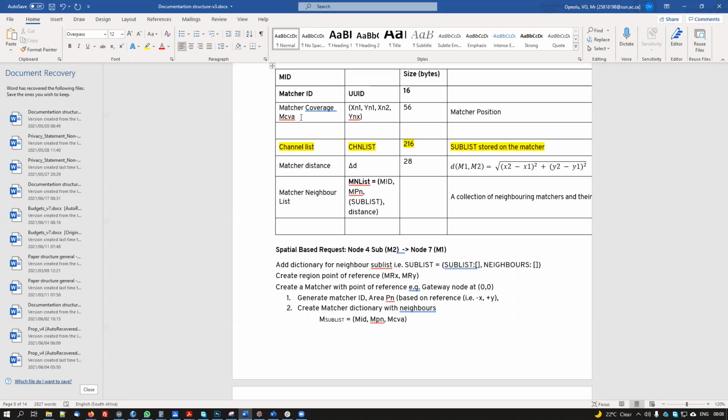Let me put it this way. Regardless of the partitioning, whether it's Voronoi or other kind of partitioning, each matcher should probably have a way to know who the neighbors are. And I think what you're doing now is different from that mechanism, correct? Or are you devising that mechanism to do exactly this?